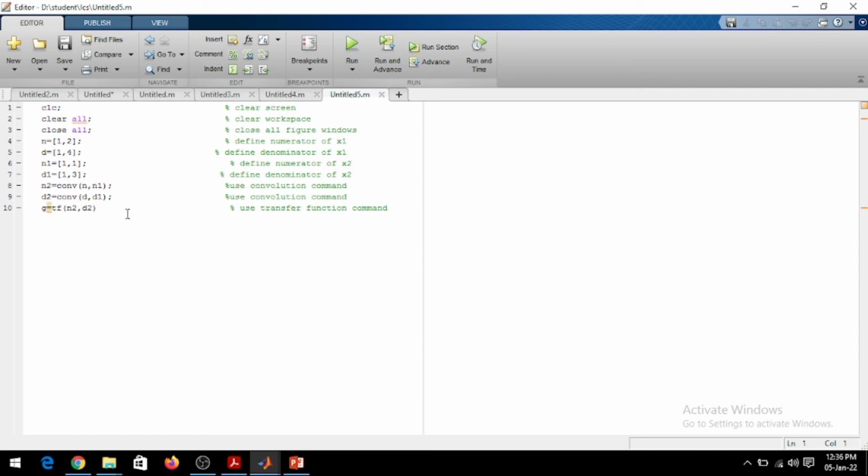Then you should write the theoretical output also, whatever we got from the theoretical data. Then write the program in your copy and write the program output, and after that you write